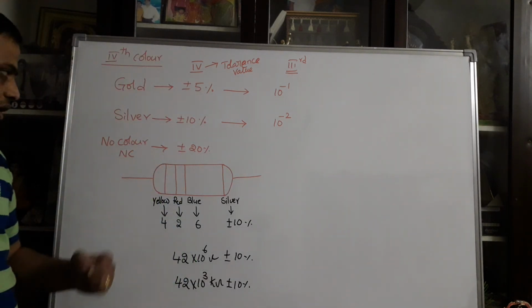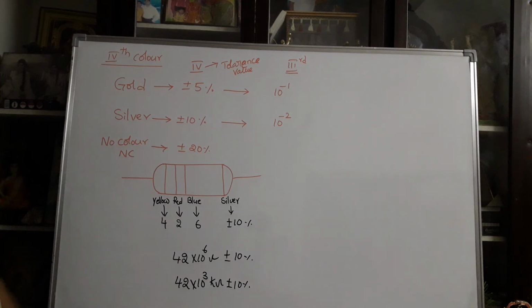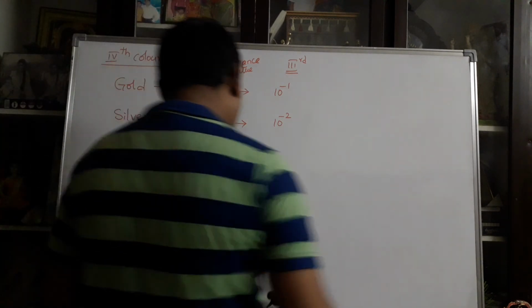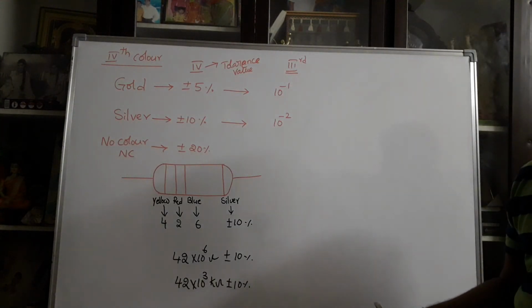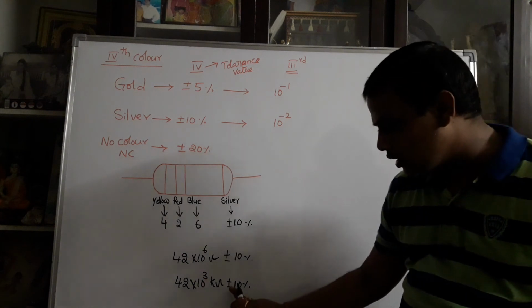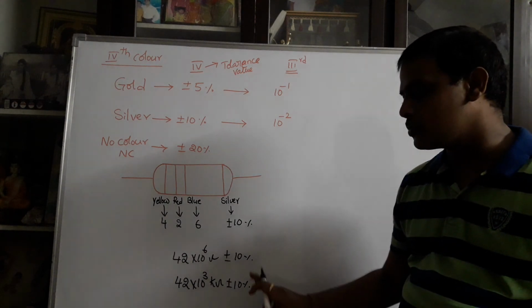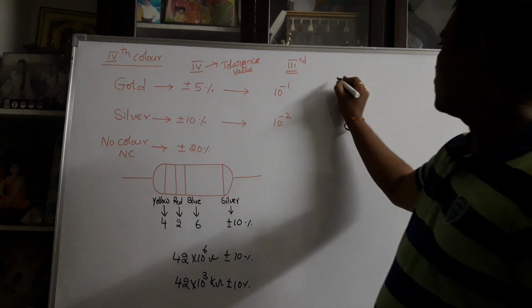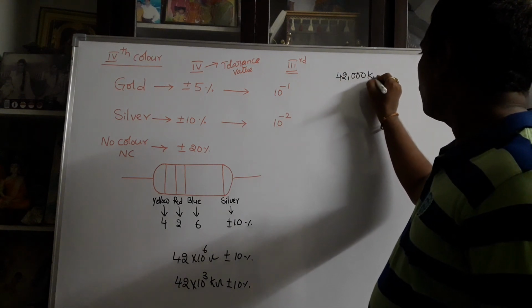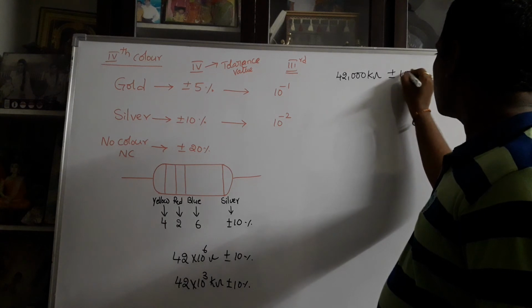This is a very important one. Sometimes this question is also given at the advanced level, especially for MP system. In the advanced level, these two options do not exist. The option is given in low and high value of resistance. What is the low value? Here plus or minus 10% is given. So first of all you can write this value as 42,000 kilo ohms plus or minus 10%.